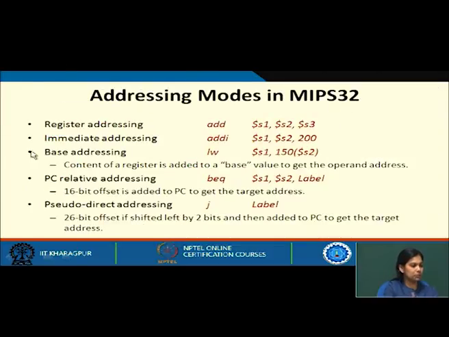Now, what are the addressing modes we have in MIPS? We have register addressing, we have immediate addressing, we have base addressing, where the content of a register is added to a base value to get the operand address. We have relative addressing here, and we have pseudo direct addressing. See, the 26-bit offset is shifted left by 2 bits and then added to the PC to get the target. Why 2 bits? Because 2 more zeros have to be added, and then we add it to the PC to get the target address. So, these are the various kinds of addressing modes; we have learned so many, but